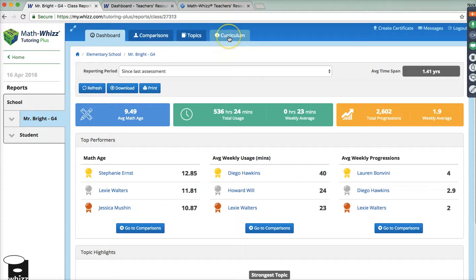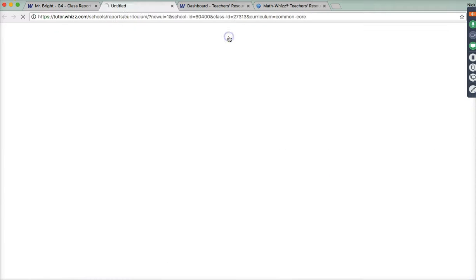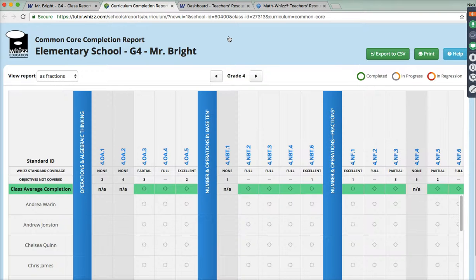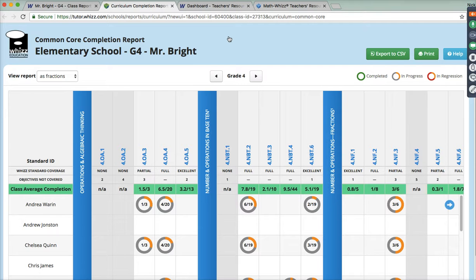And we actually call it our curriculum report because it's going to show you the Common Core coverage that we offer, but it's also going to show you what levels or what standards the kids have actually completed. So you'll go to your class, and it will probably default to 5th grade since they're 5th graders.